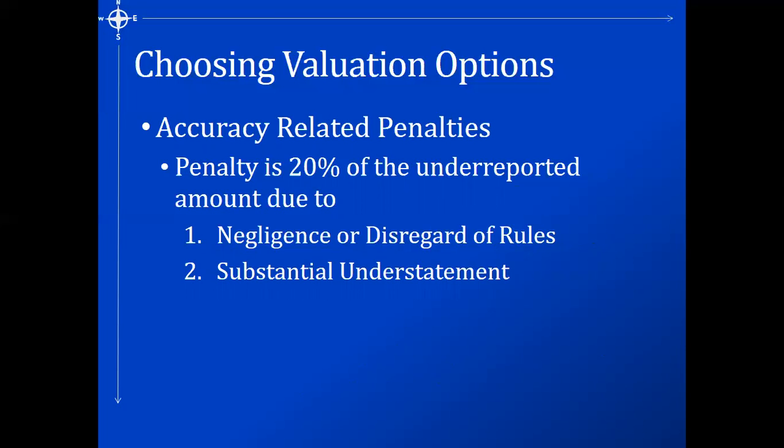So let's take a look. So in other words, if you're going to file your income tax return for your Roth conversion, for example, and you undervalued the value of the Roth by 30%, then there's an additional 30% of that value that's due, that's the source of your taxes, and you should be taxed on that. So they want 20% of the underreported amount of tax due. So if you've underreported your taxes by 20%, that's an underreporting penalty. You can do that either because you were negligent, or because you disregarded the rules, or because you had a substantial understatement.